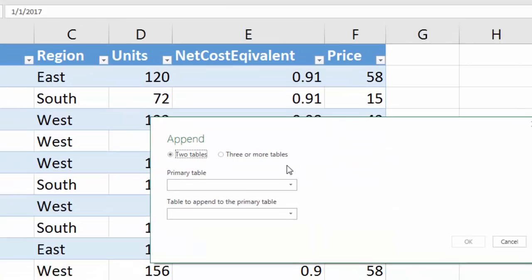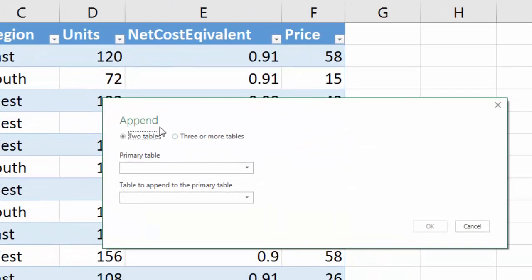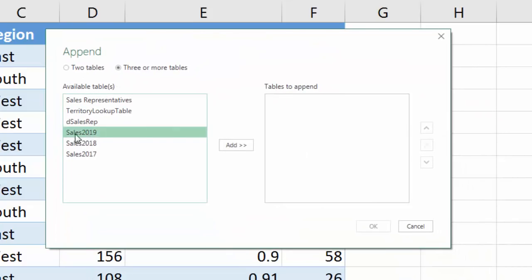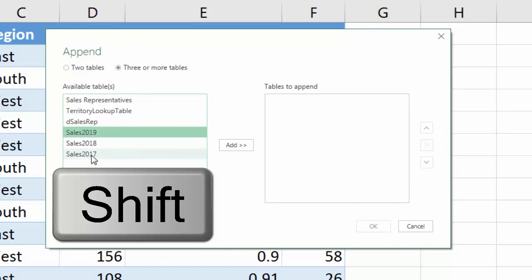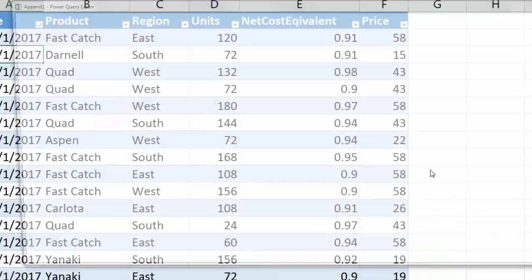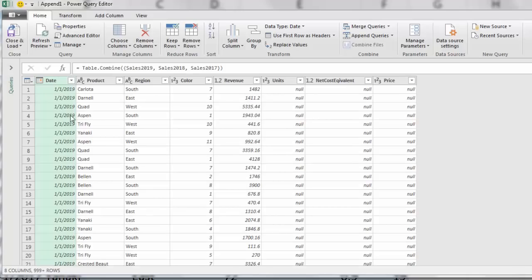And this is so cool. I remember earlier versions, they didn't have this. 3 or more tables. I'm going to click Sales 2019, hold Shift, click Sales 2017, Add. Click OK. Well, it got date, product, and region, but color, well, it looks OK here, but definitely units, net